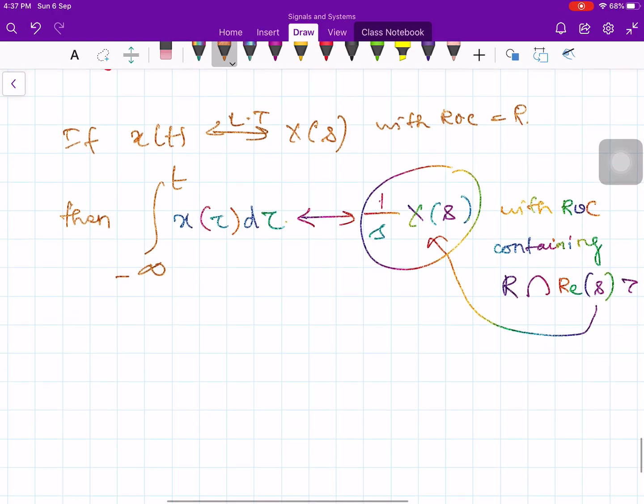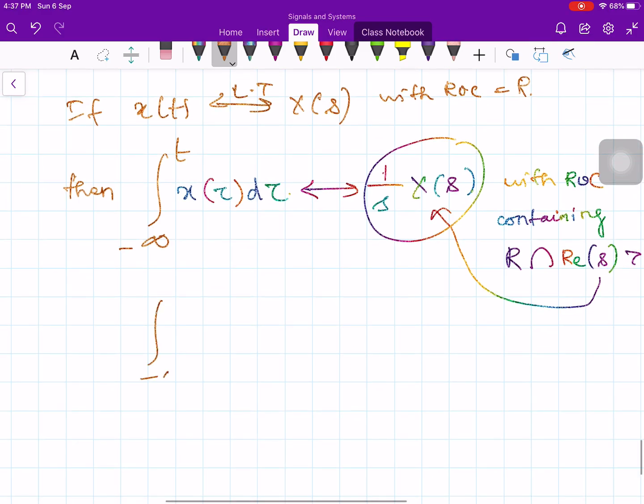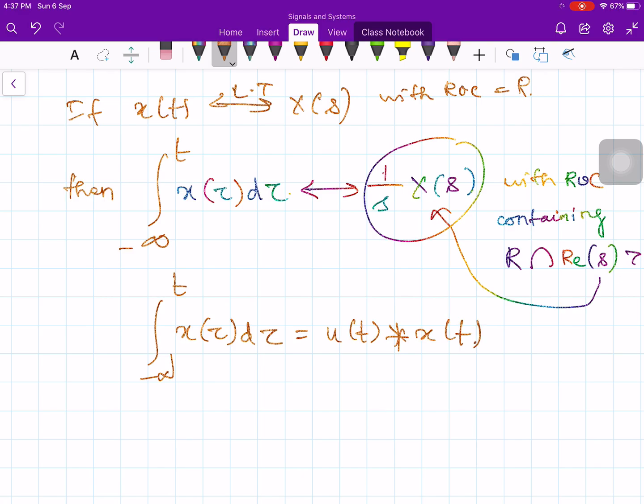The integral from minus infinity to t of x of tau d tau is, by the same argument we did for the Fourier transform, the integral from minus infinity to plus infinity, or you can say u of t convolved with x of t. I can write this as the integral of x of tau u of t minus tau d tau, and if you simplify this,